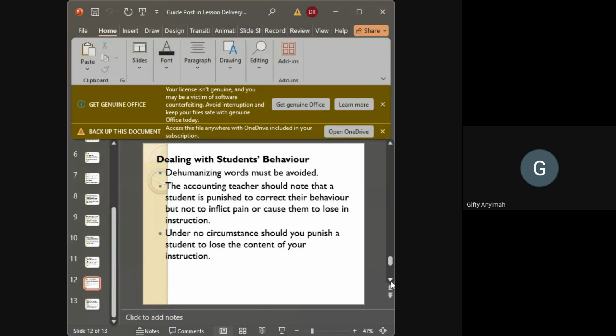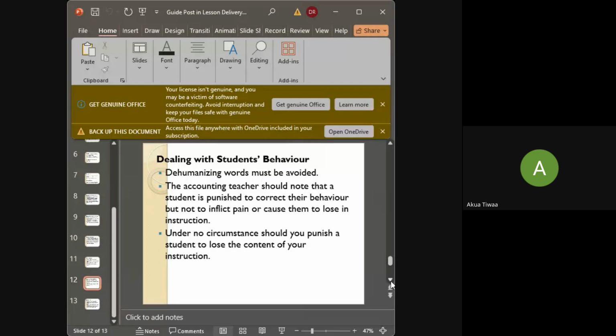I said I normally give them the next topic to be treated for them to go and research on. Then I ensure that the board is clean before I walk out of the class. Okay. Do you want to add some to it? No, madam. I wanted to hear what he has to say.